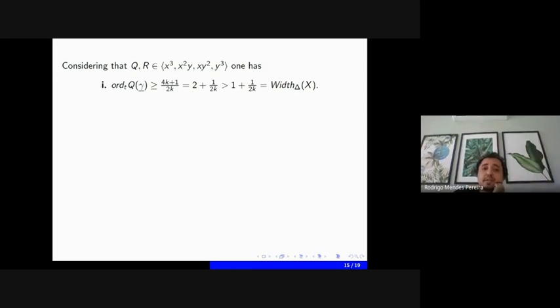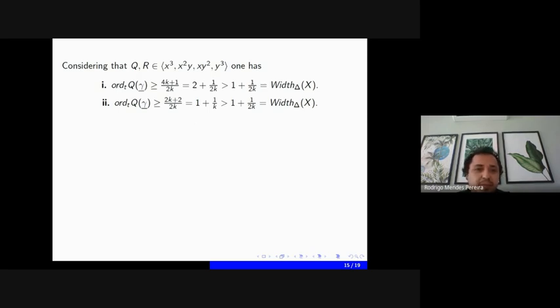So the order is just read off these monomials, and then you have this inequality: 2 plus 1 divided by 2, 4 is greater than the width. If the ordering is given by the second monomial, then you have this inequality, it's almost